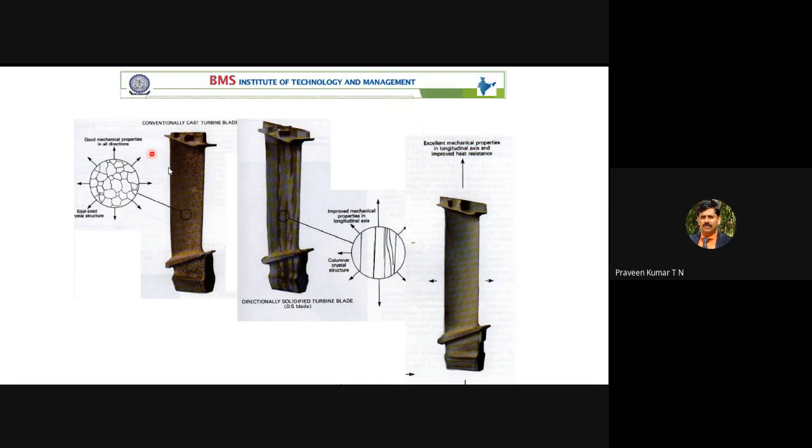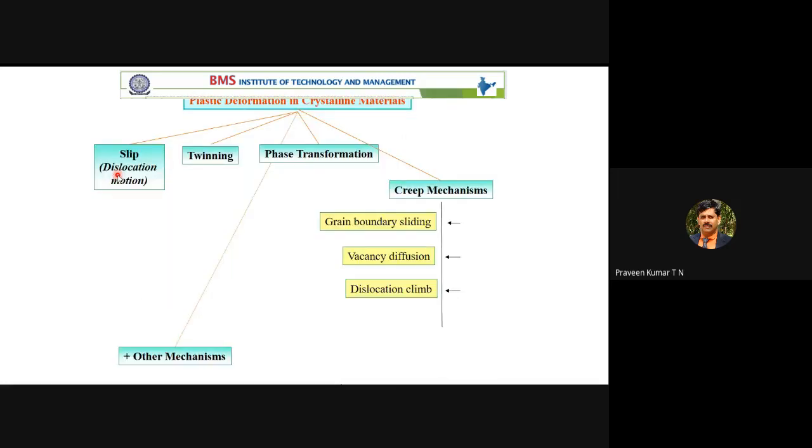When it is subject to fatigue loading, the size of the grain and the shape of the grain may change. This is the example of turbine blades that will be subject to a huge amount of plastic deformation. There are two methods, one is slip and one more is twinning. That is a part of your first test syllabus, first module. Plastic deformation by slip and twinning is mentioned in the syllabus.